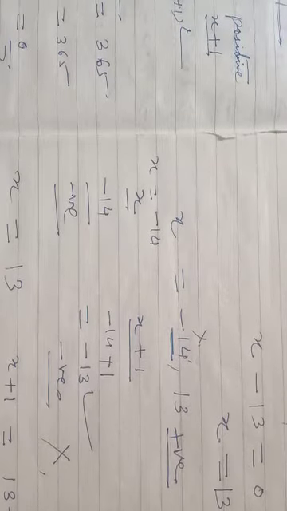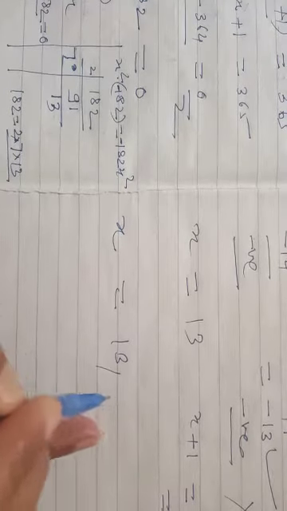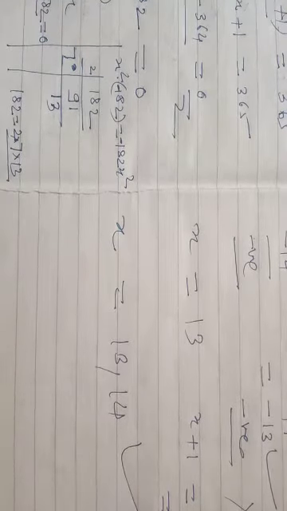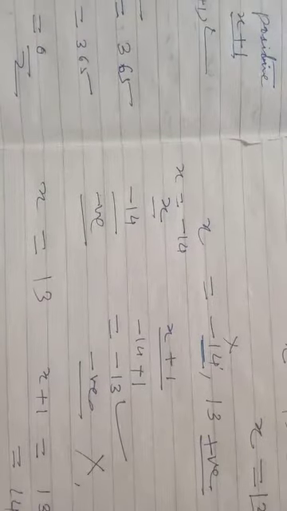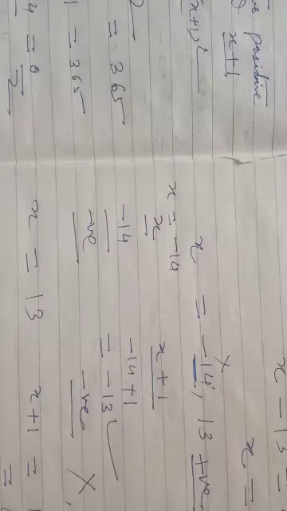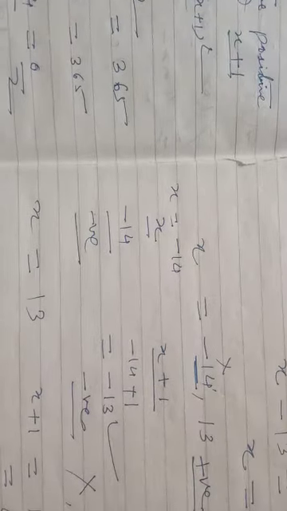So what will be our integers? x is equal to 13 and 14. That is your correct answer, and those are the two consecutive positive integers. Take care: in such cases, we should study the question properly, see and observe what is asked, and then solve and get the answer.